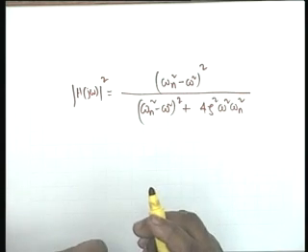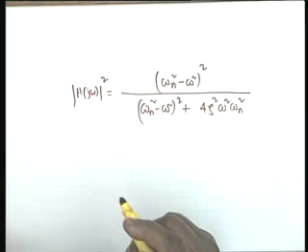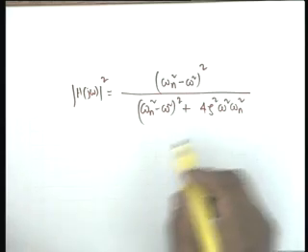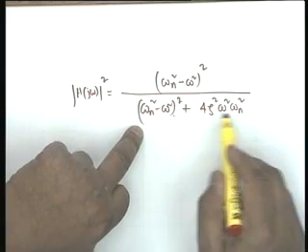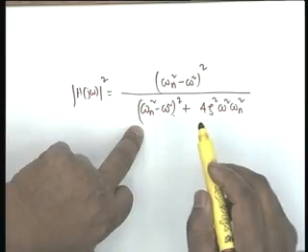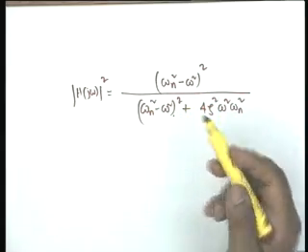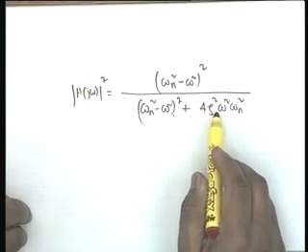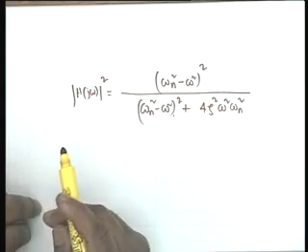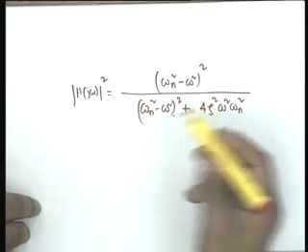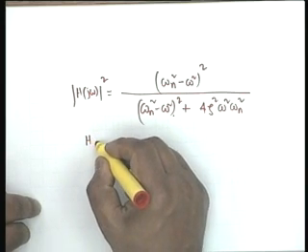Is that okay? Now, obviously, half power frequencies will be reached when this term is equal to this term. You don't have to write this as half and then simplify. It should be obvious. When in the denominator both the terms are equal, obviously the magnitude squared would be equal to half, and therefore half power frequencies